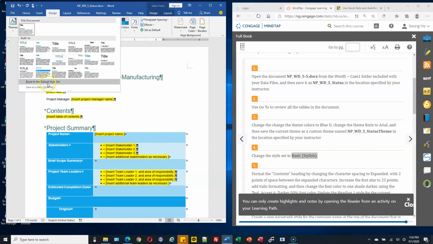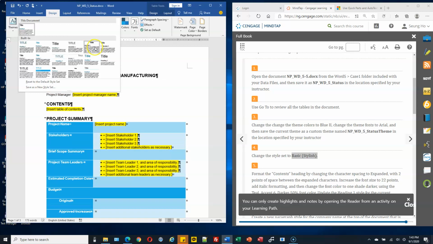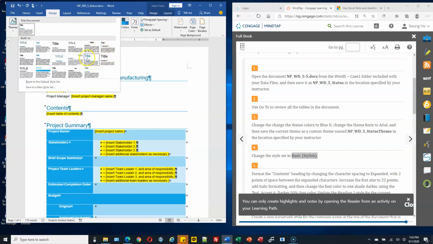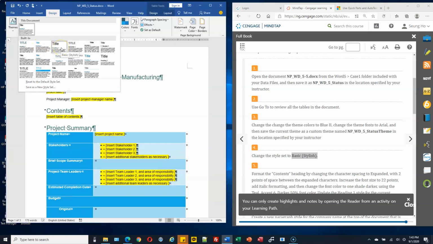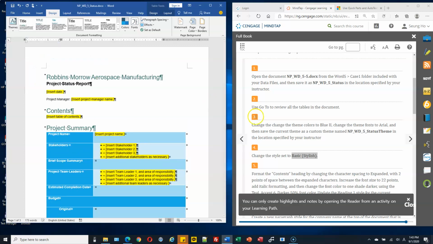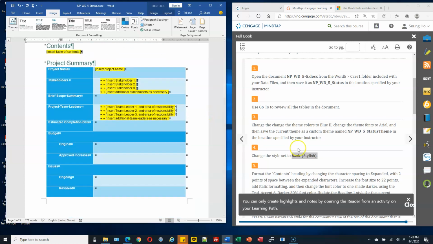This is related to style set. So we will select basic stylish. That is the third one. The third one is basic stylish. As you move it, you can see the text changes. So select this one. Okay.